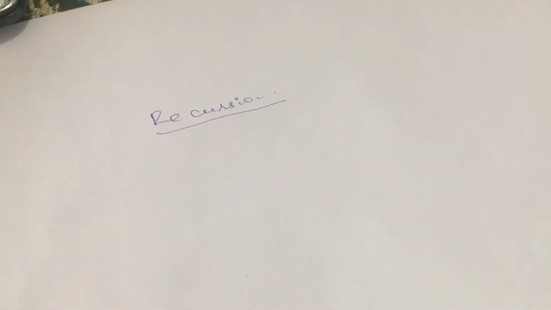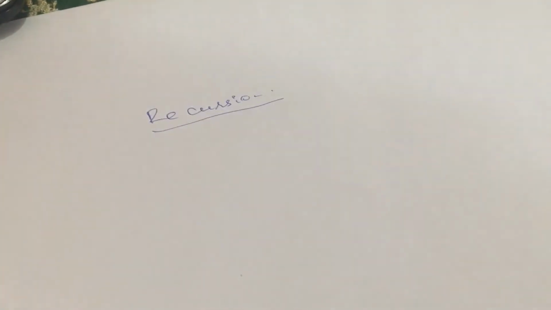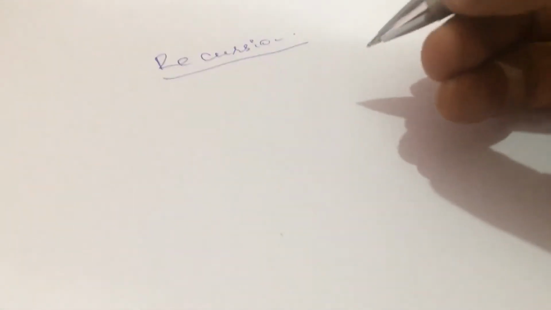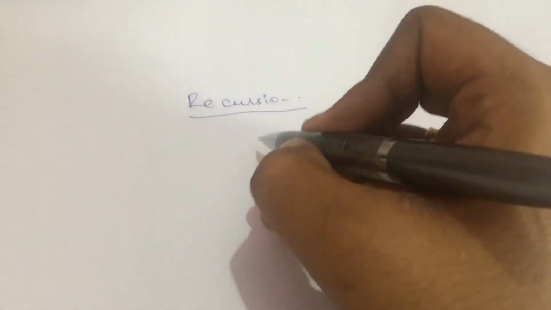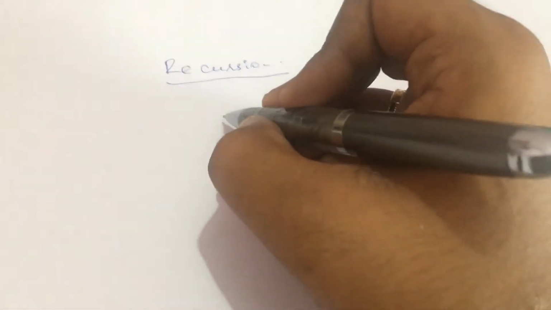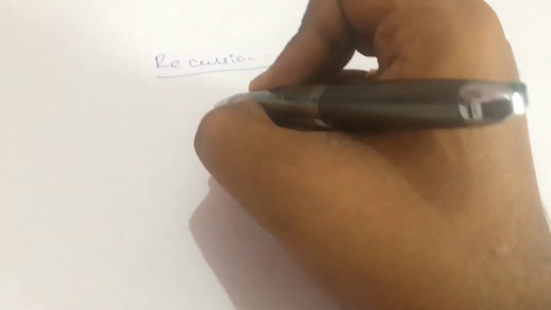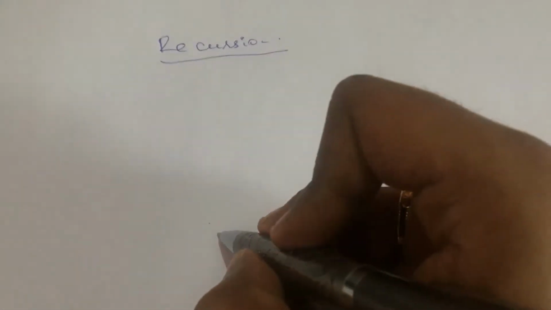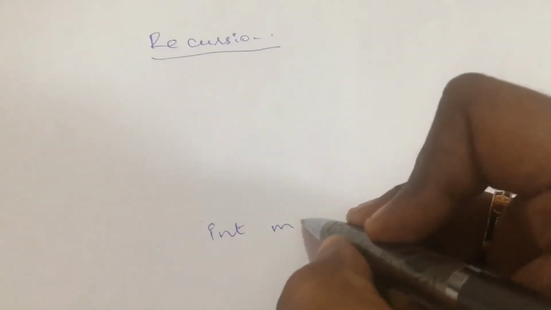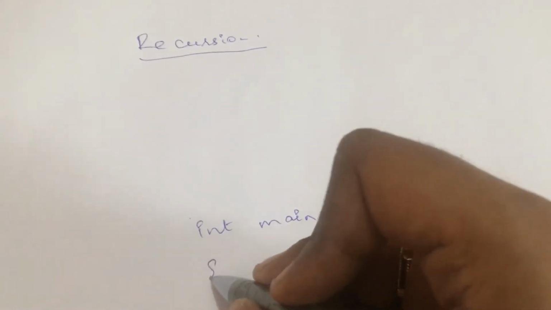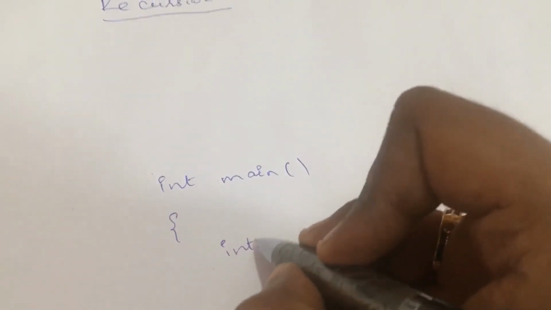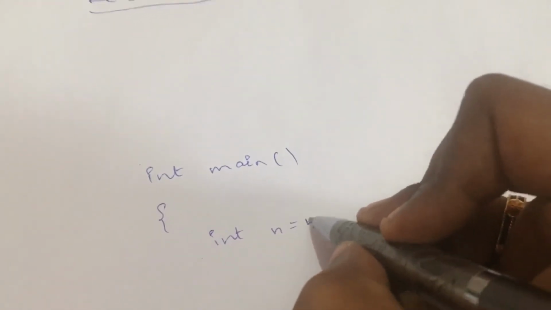Okay, now let's learn something about the basics of recursion. So how does recursion actually work? For example, let us write code for a Fibonacci sequence. Let's assume that I have my main function over here. So let's write int main, and we are just going to give int n equal to 5.